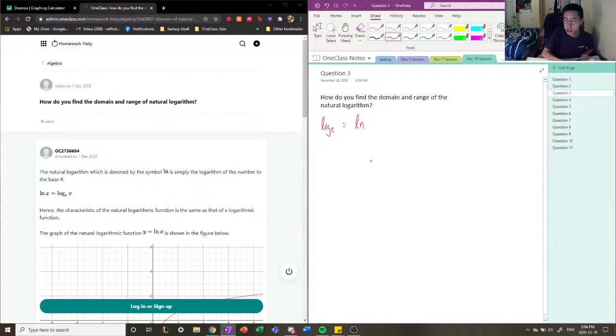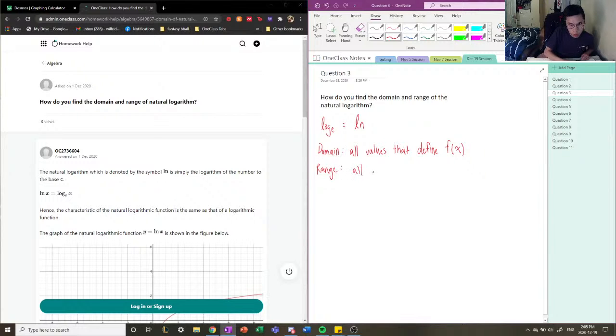So in previous lessons, I've described how to find a domain and range. The domain is defined as all values that define a function f of x. So all values that are valid and that define f of x. Any values of x that make f of x undefined are not part of the domain. And the range